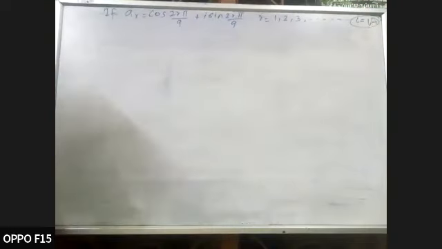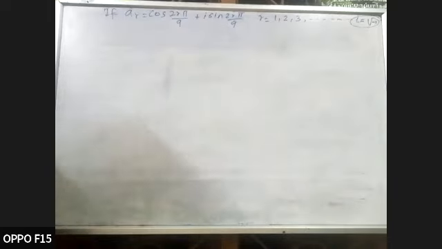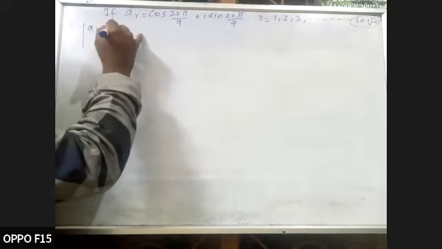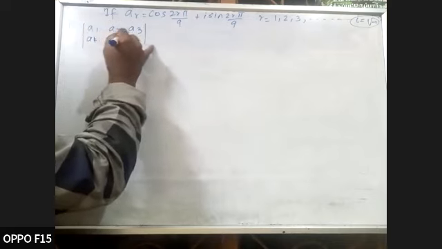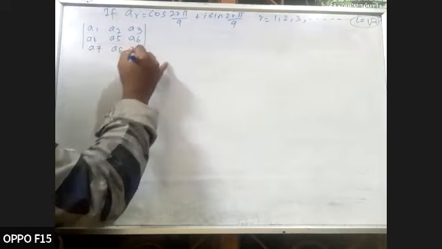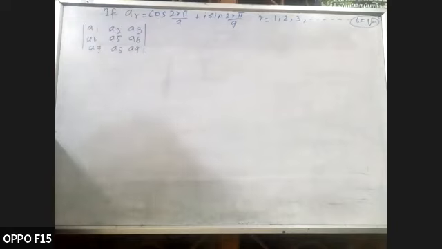Complex numbers we have studied, and here we are going to involve complex numbers. Then the determinant |a1 a2 a3; a4 a5 a6; a7 a8 a9| is equal to